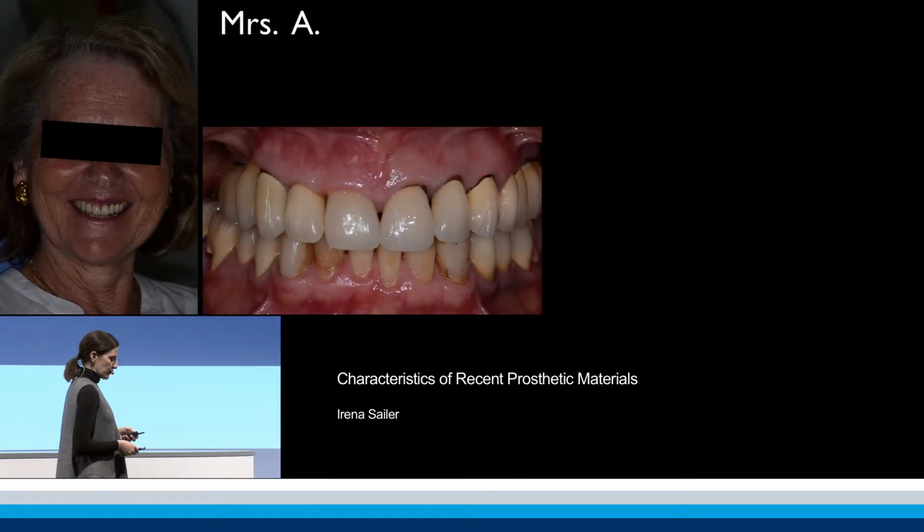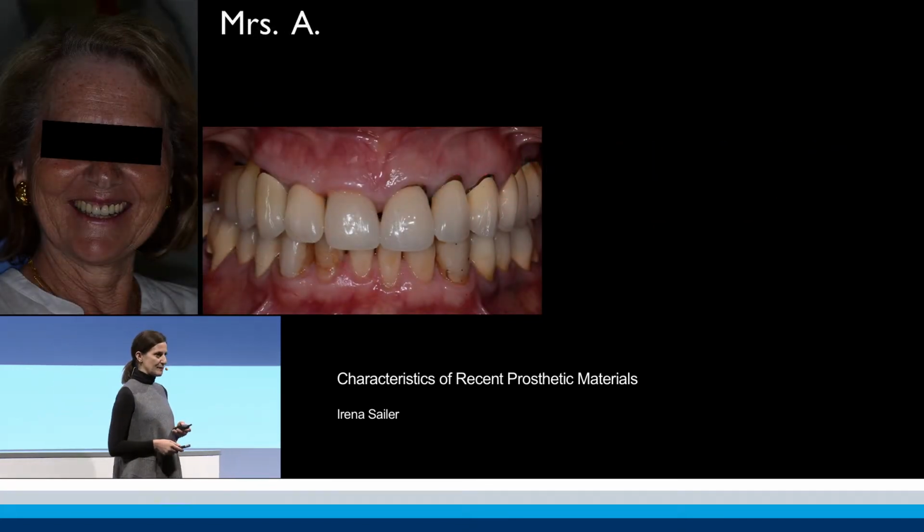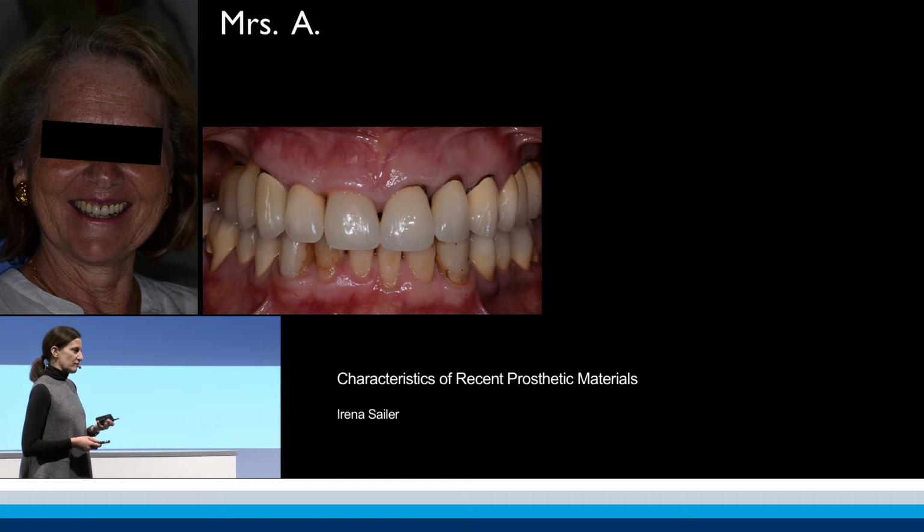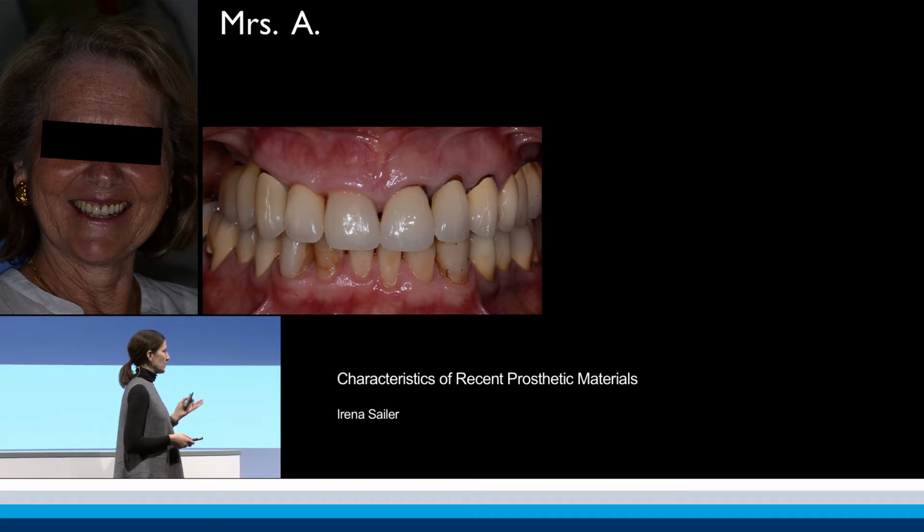For this, I'd like to introduce you to Mrs. A very, very kind patient of mine. She's a tourist guide in Geneva, and since she is really exposed a lot to the public and she talks a lot to the public, she realized that out of aesthetic purposes, she will need to have a new rehabilitation of her dentition. Well, in a conventional approach, if you would meet a patient like this, she would approach you,